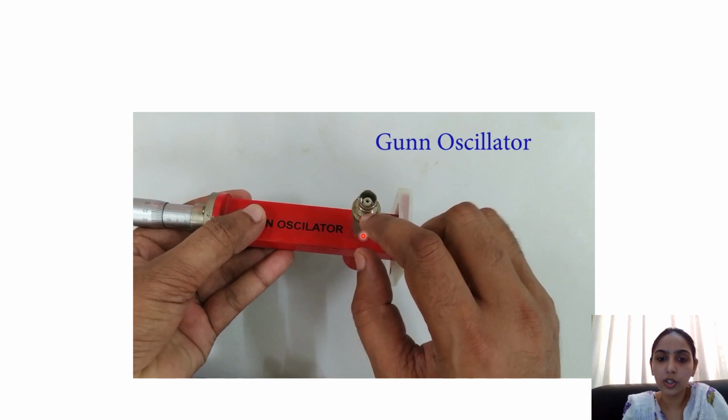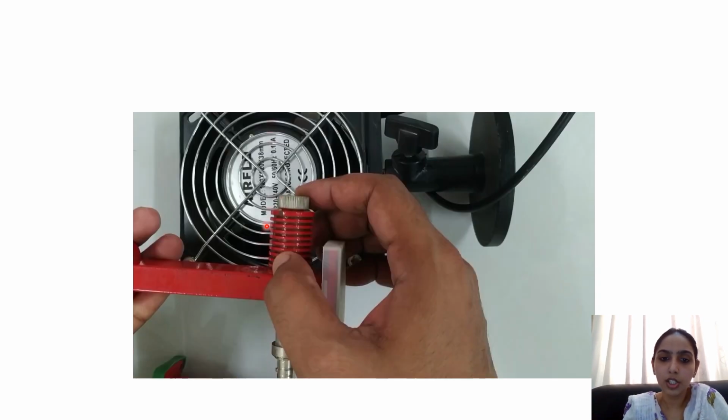When this gun diode is oscillating, it is going to exert a large amount of heat energy to the device. So obviously there should be a heat sink, and to this point we have to attach the cable. This figure here shows the heat sink for the gun oscillator. This part indicates the heat sink, and when we are setting this in the microwave bench, always a fan is placed near the heat sink, and this fan is put on in order to cool the heating effect.